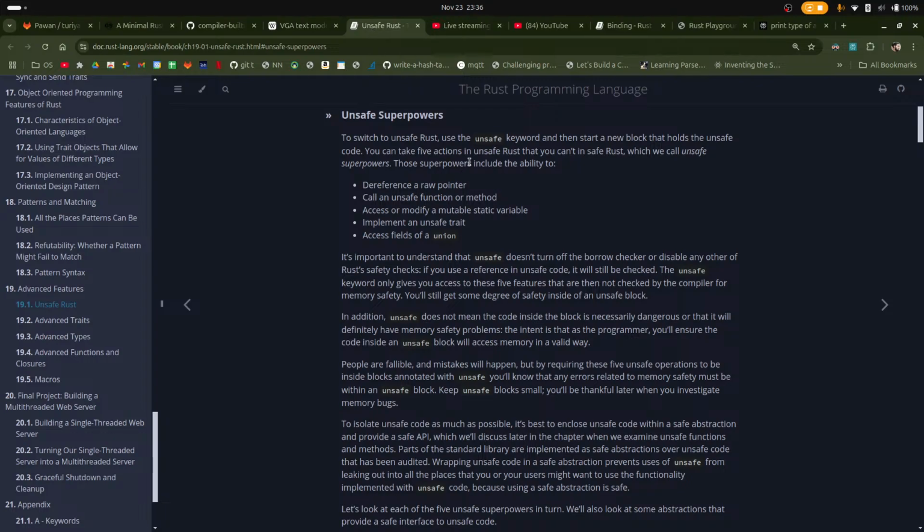You can take 5 actions in unsafe Rust that you can't in safe Rust, which we call unsafe superpowers. Those superpowers: dereference a raw pointer, cool, call an unsafe function or method, access or modify mutable static variables,